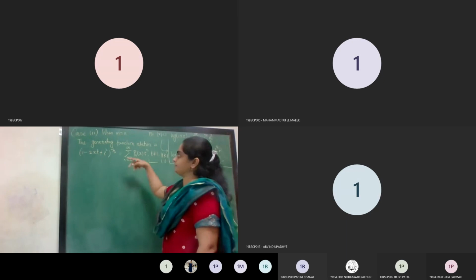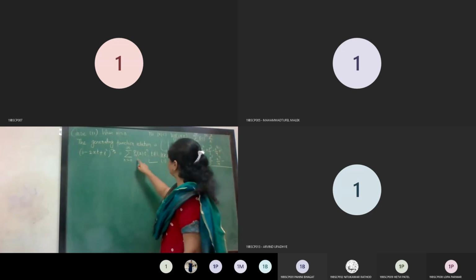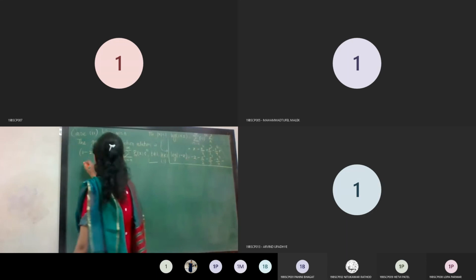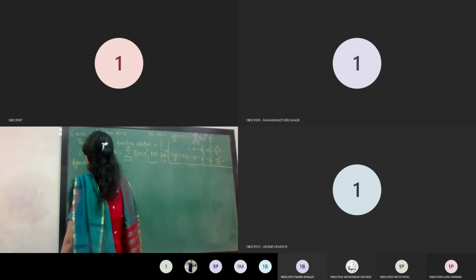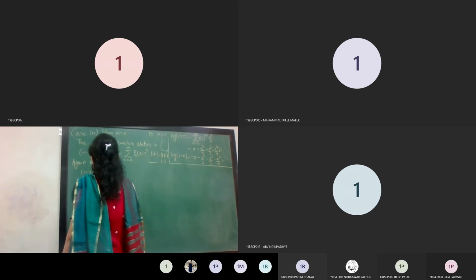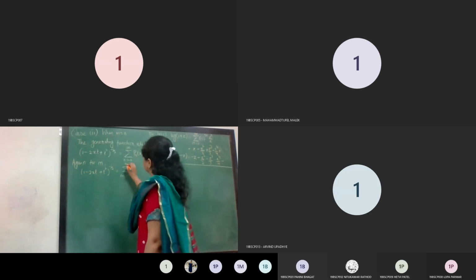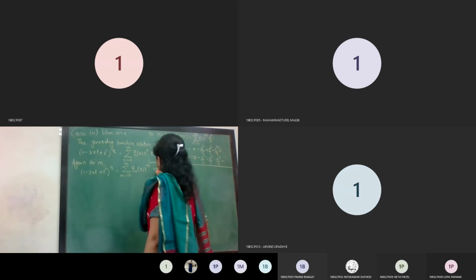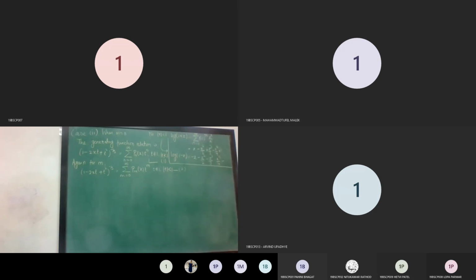This is written for Pn(x), you can also write it for Pm. Why I am considering right now m different from n is because I am going to use the case 1 for m not equal to n. So I can write it for m also: (1 - 2xt + t square) whole raised to minus 1 upon 2 is equal to the summation n equal to 0 to infinity Pm(x) t raised to n. The same condition applies for this also. Give it equation number 2.